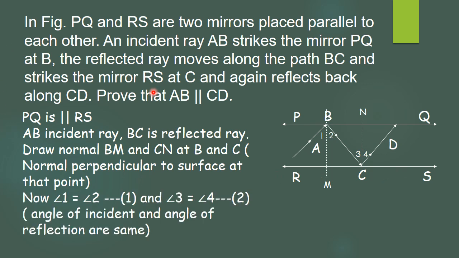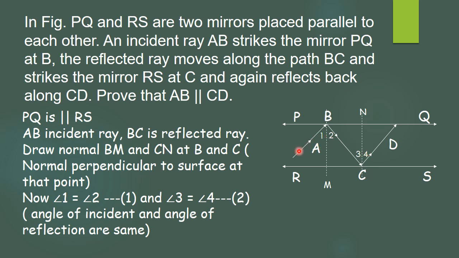We have drawn this normal because we have studied in physics that the angle of incidence is equal to the angle of reflection. And what is the angle of incidence? The angle made by the incident ray with the normal is called the angle of incidence. So first we will draw the normal. Now here what do we get? We have written the names here, that is 1, 2, 3 and 4.